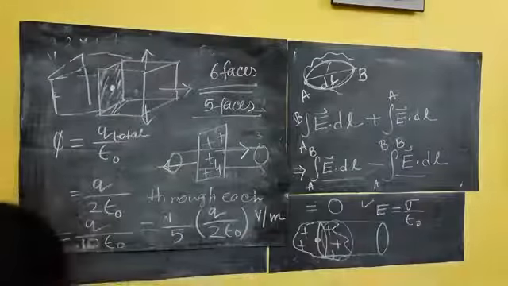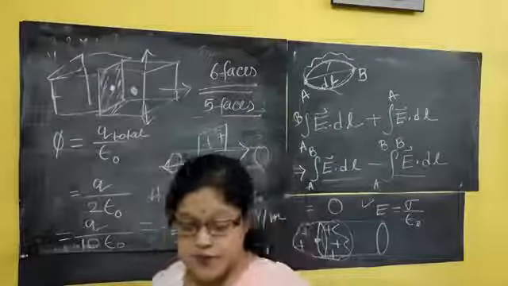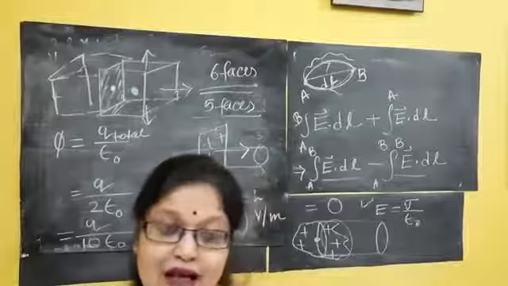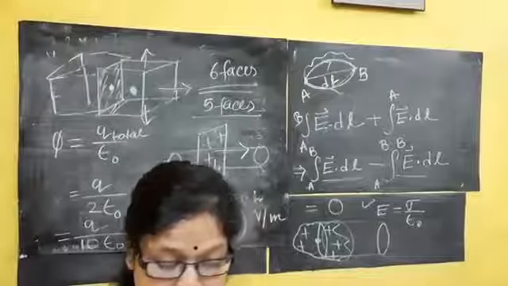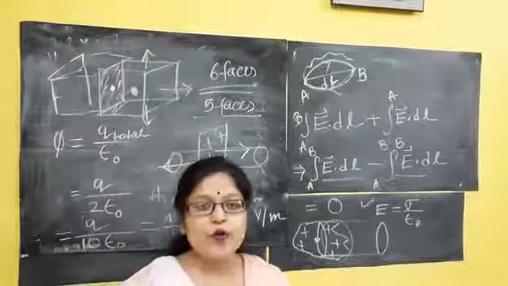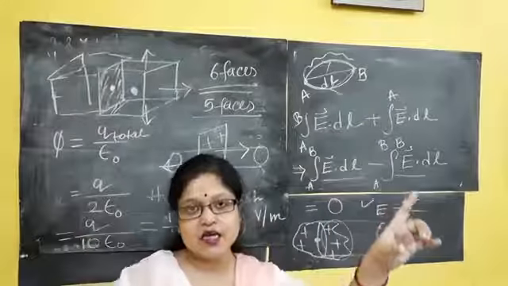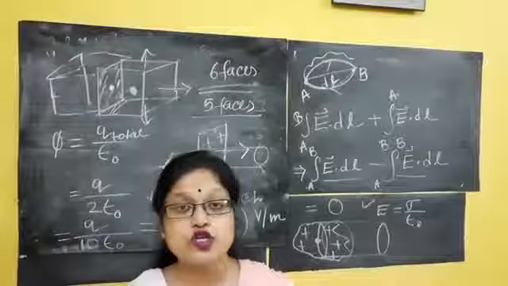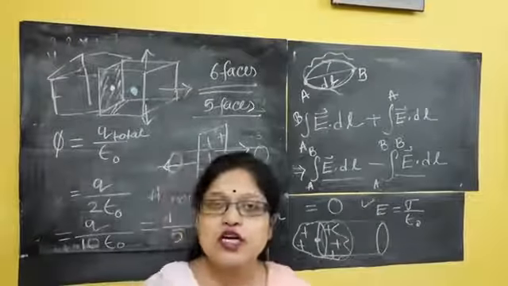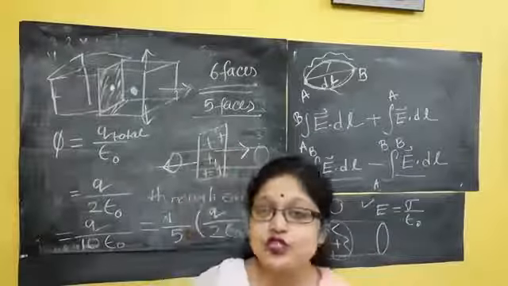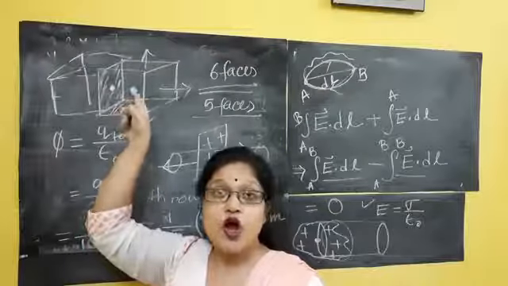So q I am having, and at the center suppose a charge has been placed. What will be the value of electric flux? Very interesting. See, if you are having various dipoles, dipole means positive charge, negative charge, another bunch of positive charge, another bunch of negative charge, it means the total influential charge is 0. So who will influence? Only the charge which is present inside or at the center of the cube.